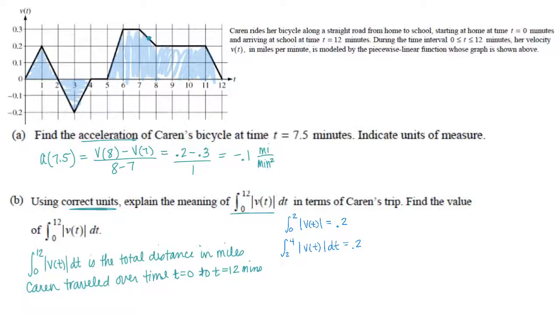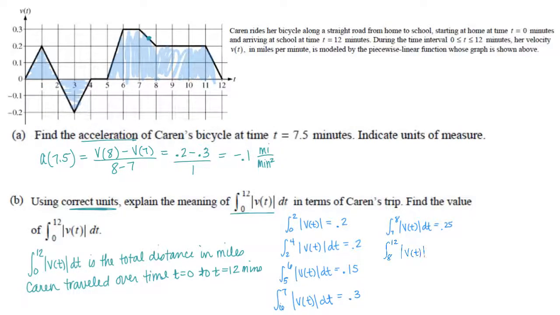And then because there's a flattened out area there, I skipped on over and did from 5 to 6. And again, that's just the first thing that I saw to do. In that bounded region, I got 0.15. Then I did 6 to 7, and I got 0.3. And then I did 7 to 8 of that distance, and that was 0.25. And then we finally need to find the bounded region from 8 to 12 and finish